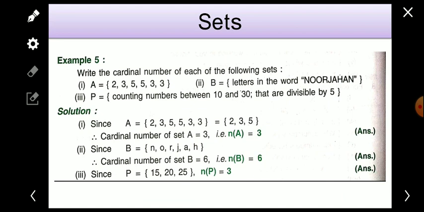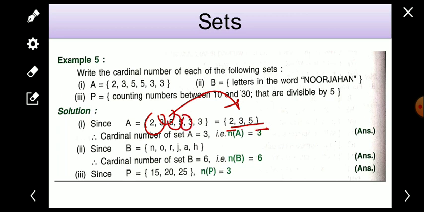Okay, so here is an example. Write the cardinal number of each of the following sets. So it is very simple. Here set A is given. At first we will check whether any element is being repeated or not. Here we will see that 3 is repeated 3 times, and 5 is also repeated, so we will write it one time only. So we will write it again: 2, then 3, then 5. 5 is there again, but we have already written it, so we will not write it again. 3 is again there 2 times, so it has been written already, so we will not write it again. So we have got that only 3 elements are there at last, if we write each only once.